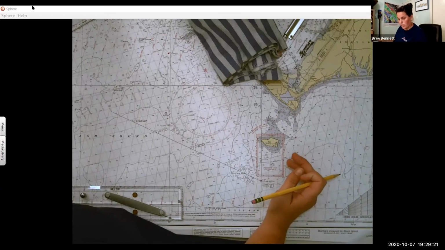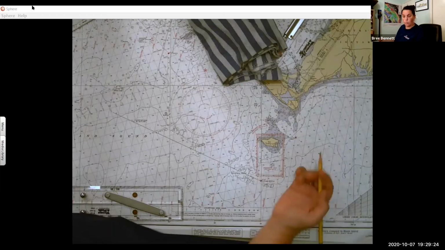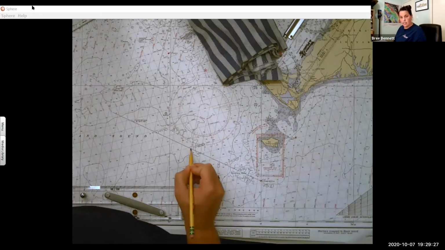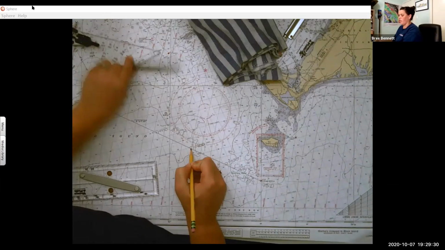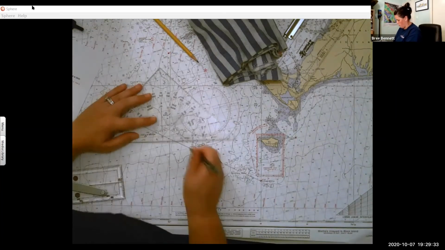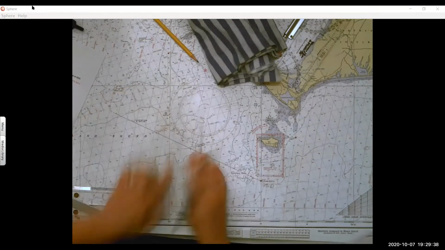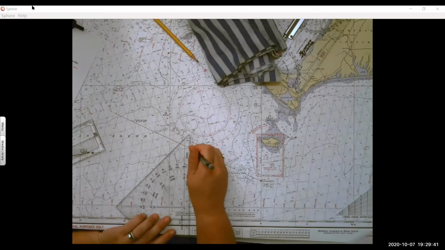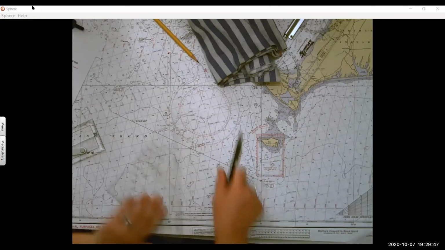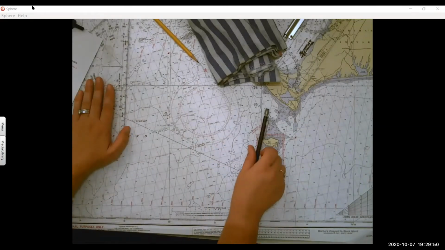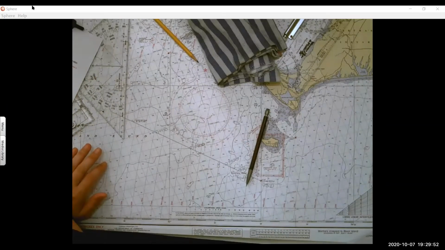So what are we doing here? Your 9 o'clock DR position, what is it in latitude and longitude? So this is our 9 o'clock DR position. I want to get the latitude and longitude. 12 minutes. And then my longitude is going to be